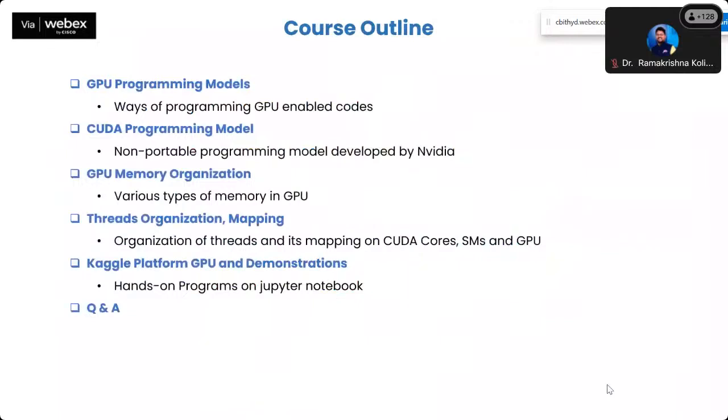of programming GPU enabled codes. And I will discuss in detail about the CUDA programming model. And then I will discuss about the GPU memory organization and thread organization and its mapping. These two things, memory organization and thread organization and mapping, are very much essential to optimize our algorithms on the underlying GPU. Then at last, I will give a demonstration on Kaggle platform and how we can write the